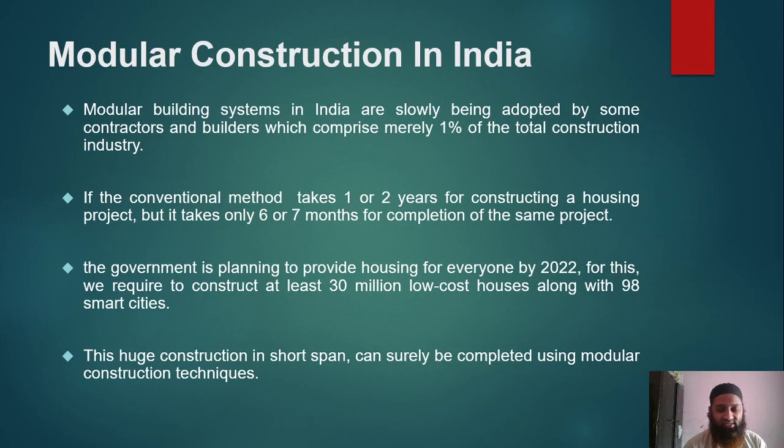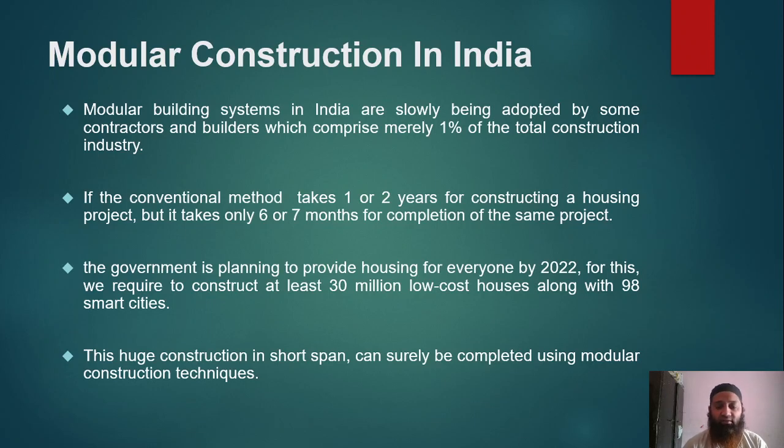Though modular construction is coming up in India, awareness still needs to be spread, so that contractors and builders can use this type of construction, but that constitutes only 1% of the total construction in the industry. This is a very minimum percentage, but with awareness, even this can be increased. When we give awareness about the advantages of this type of construction, and remove the questions coming up with the contractors and builders and other people, if these questions can be answered, then this percentage can increase, which might save the construction cost as well as the time of construction.